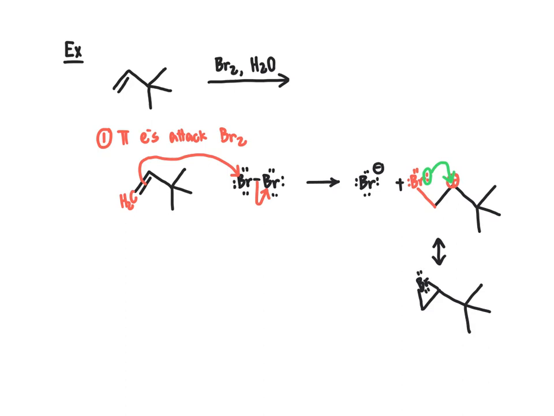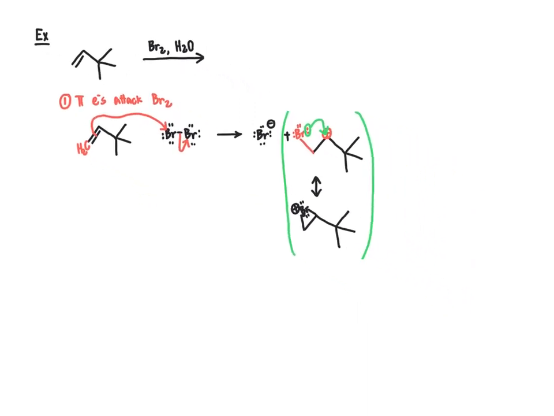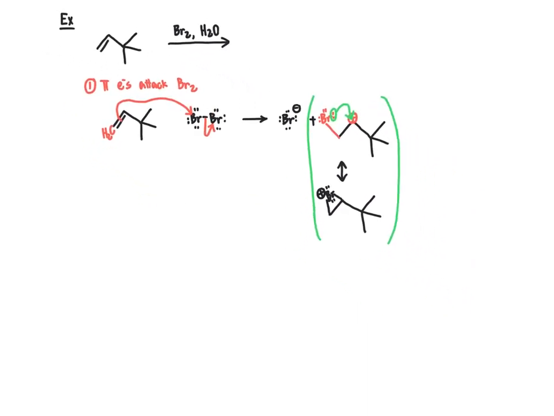Still have two sets of lone pair electrons in that bromine, and now two covalent bonds, so it's going to have a +1 formal charge, and this is our intermediate hybrid structure. So keep in mind that the actual structure of the intermediate is a weighted average of these two resonance structures right there. So now we'll go on to the next step of the mechanism to take a look at what's